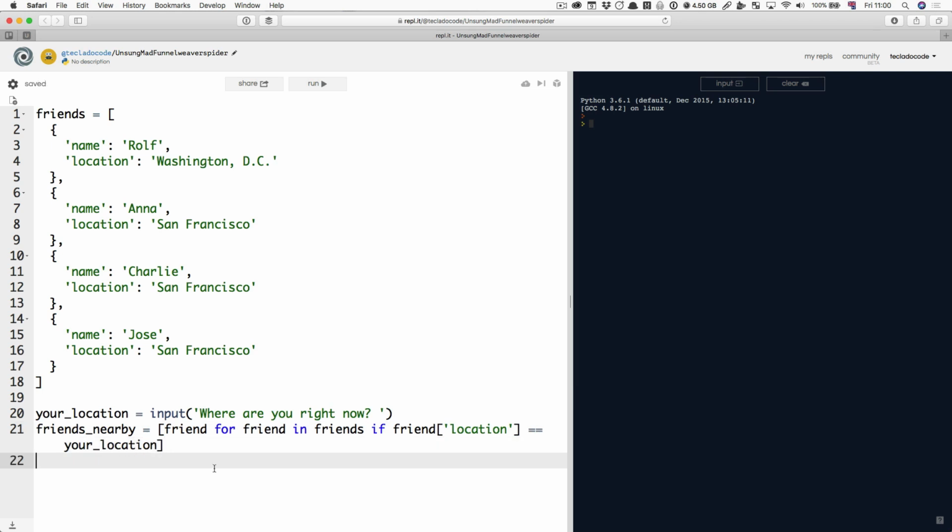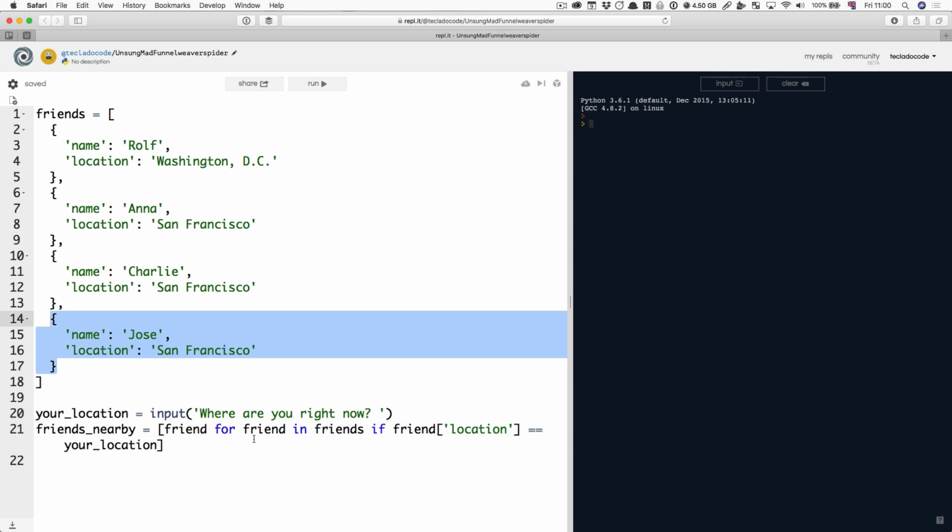So we have a longer list comprehension there. Just getting the friend for each of the friends in friends if their location is equal to the your location variable that the user's entered. So imagine they enter San Francisco. We're going to put in the friend object, this dictionary, for each of the friends if they are in San